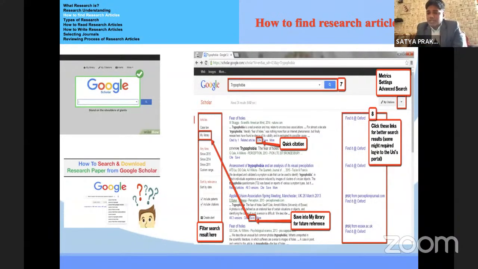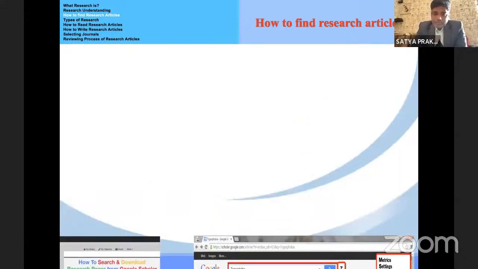This information is reflected in the citation, along with which journal it was published in, in which year it was published, and how many references this article has used. All this information is contained in Google Scholar, as I highlighted in the PPT.